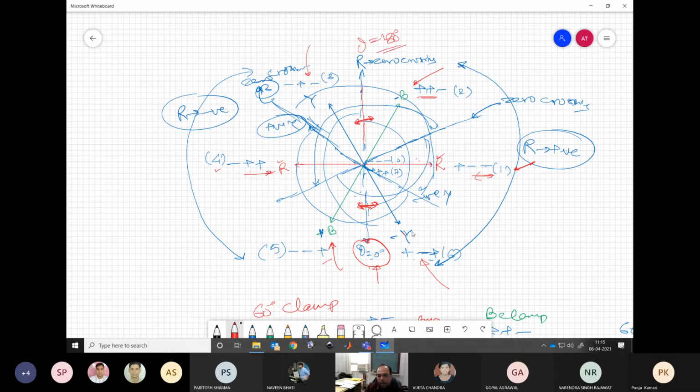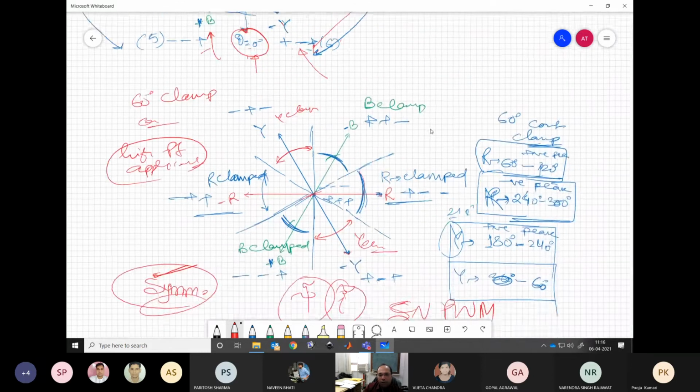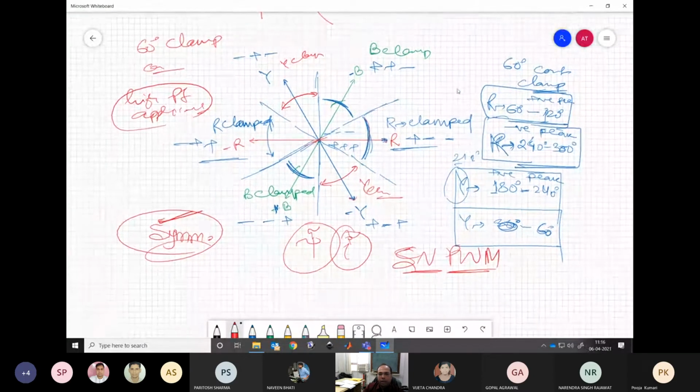So this shows that on the right side of this orthogonal or perpendicular axis we have drawn, R phase has a positive value, and on the left side R phase has a negative value. Similarly, we can demarcate other ranges over which Y is positive or negative, or B is positive or negative, and so on. What it will basically do is give us the position where we are trying to achieve the clamping.